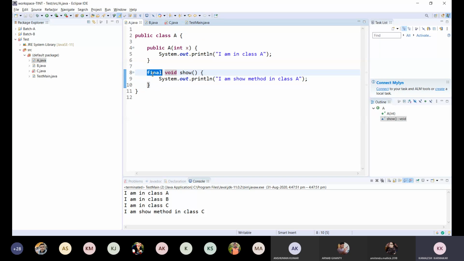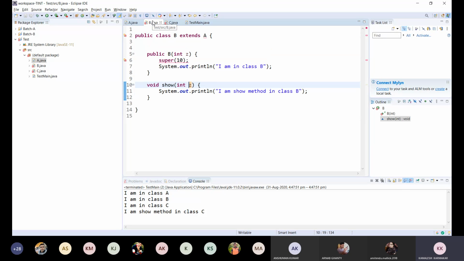Now the next question is, if I have a class which is final, a final class cannot be inherited. So a final method cannot be overridden, and a final class cannot be inherited.